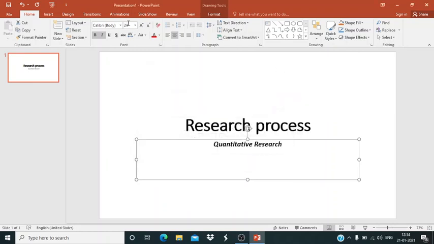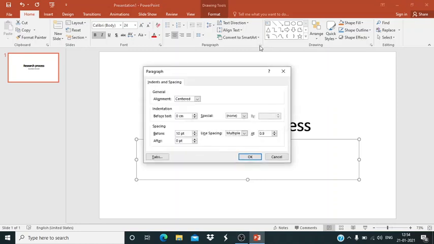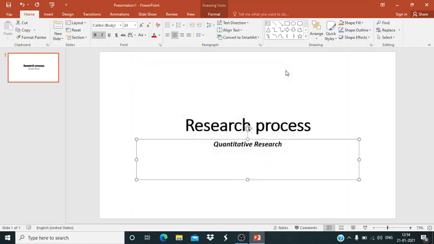So now we find that in each group, like in some of the groups, you will have this launch button. When I click this launch button, whatever extra options are not shown here will open up. So I'll just try to review it. I just taught you how to open a PowerPoint.